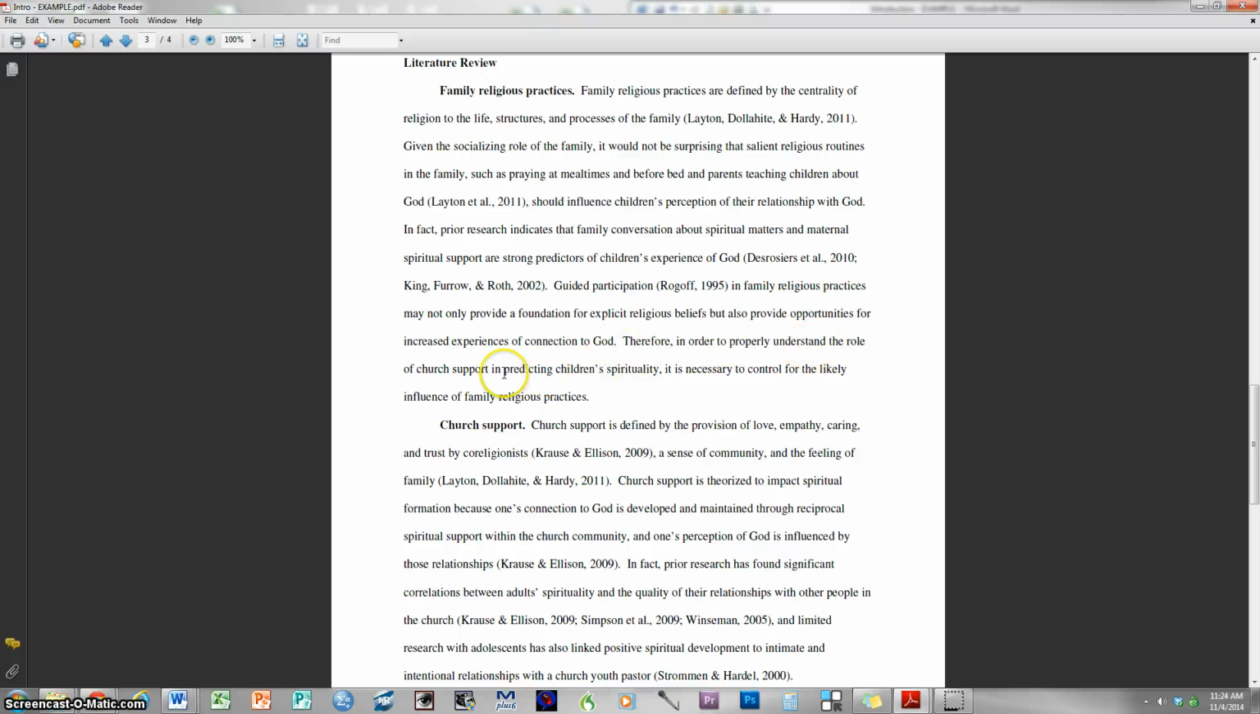Therefore, to understand the role of church support, it's necessary to control for the likely influence of family religious practices. So the role of this variable in the study is a control variable. We're assuming that it's going to be relevant. There's literature connecting kids' home experiences to their spiritual experiences. So this isn't what we're most interested in, but we do want to control for it, because otherwise